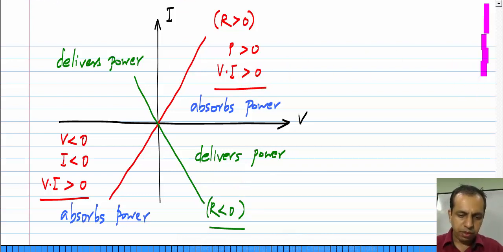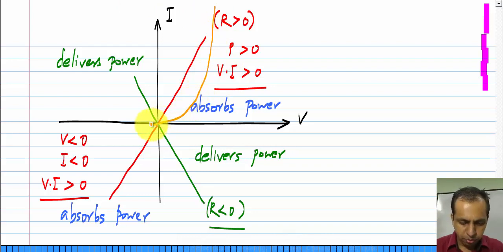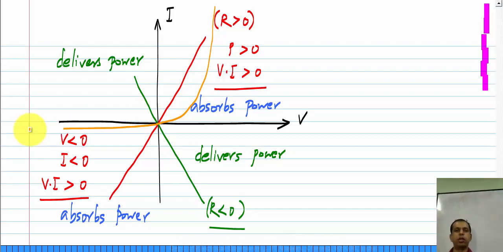Now, I will generalize here. Of course, the resistance has a straight line characteristics. Even if an element does not have a straight line characteristics, as long as it lies only in the first and third quadrants, which means that it has to necessarily pass through the origin, it will be a passive element. Okay, because it will only absorb power. So, let me draw one such example here. Okay. This element may be familiar to some of you. There is something called a diode, and its characteristic passes through the origin, and it looks something like this roughly. Okay. It is nonlinear. So, it is harder to analyze circuits with diodes, but one fact is certain, that because